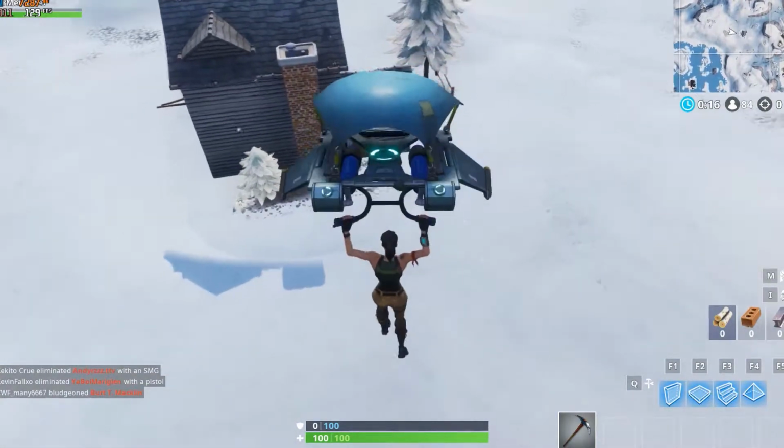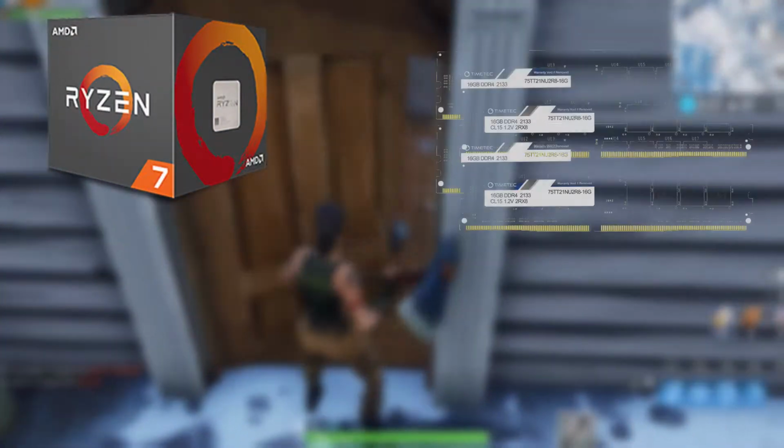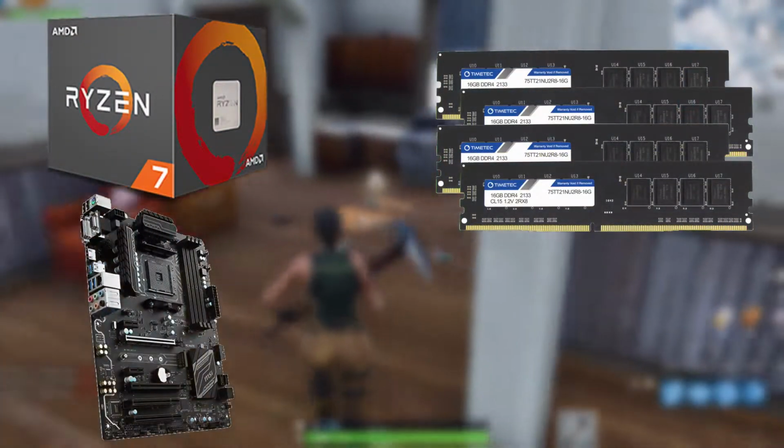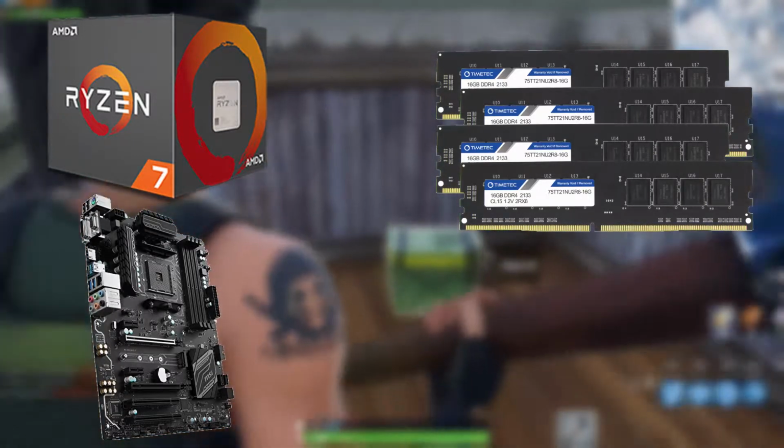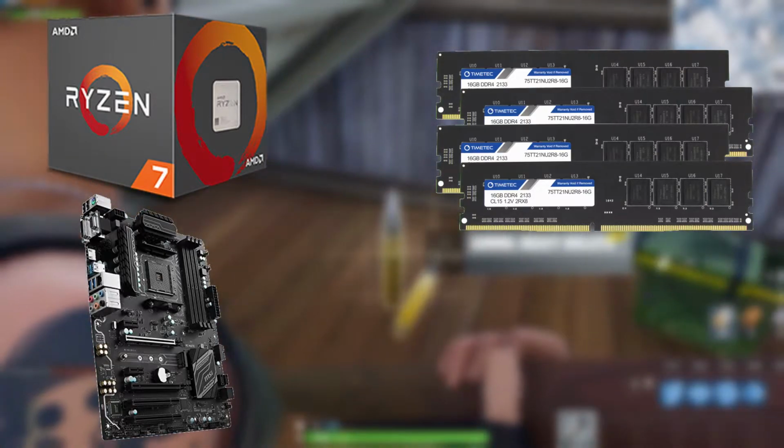But if you do want to stick to around the $1,000 range, then building a system with the Ryzen 7 1700 paired with 16GB of system memory on a motherboard with the B350 chipset is definitely not a bad option. Now, at 1440p, the component that will limit you the most is your graphics card, and there are a few